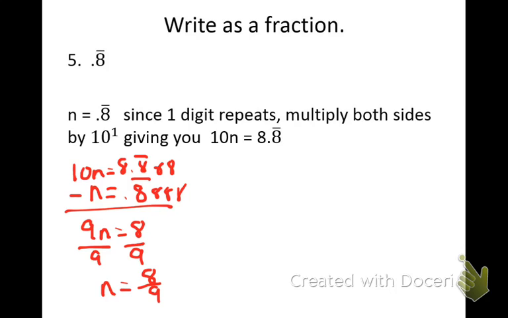So that's the process you go through to convert. You have to figure out how many digits repeat, multiply by that power of 10, in this case 10, and then subtract and solve. All right, so let's try this one. In this case, what repeats? The 2 and 7 repeat, so that's 2 digits that repeat. So I'm going to set this equal to n. n equals my number,